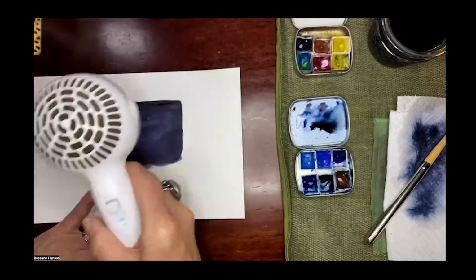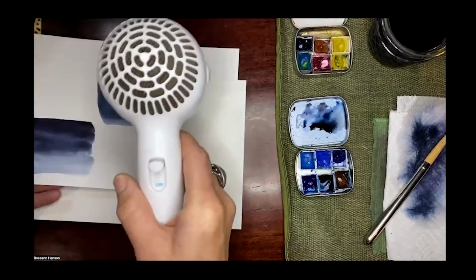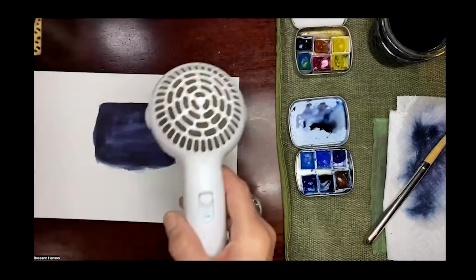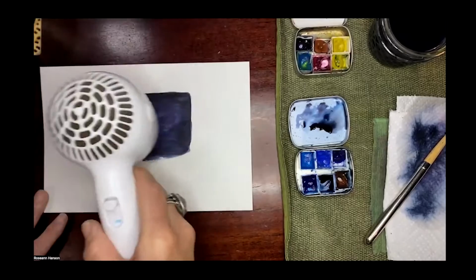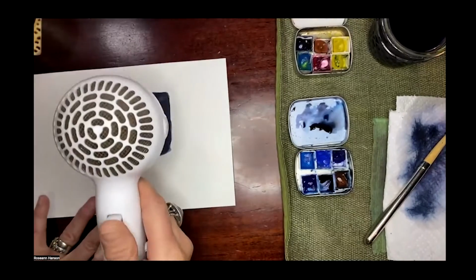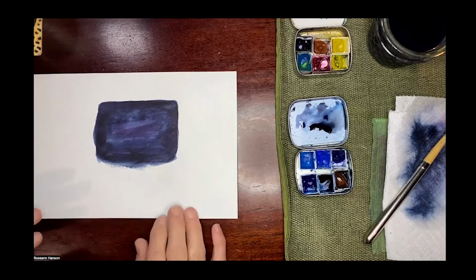But you can see how the layers are now starting to build up nicely. And if I go with this one, now see that one's going to have lots of bloom. But the colors will be really pretty. And it's really wet. And when you're adding layers like this, the drying in between is super important. If I put the layer over when it's still wet, it starts to lift and pull everything off and kind of just wrecks your